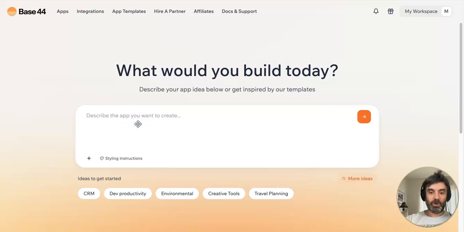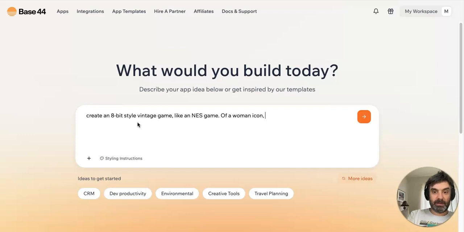All right, I'm in vibe coding app BASE44, out of Israel, here in the United States. BASE44 is out of Israel. And I'm going to code a game using this vibe coding LLM. So create an 8-bit style vintage game, like an NES game, of a woman icon who feeds ducks and put